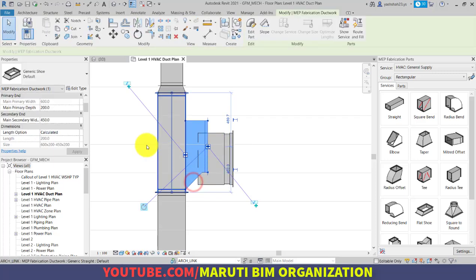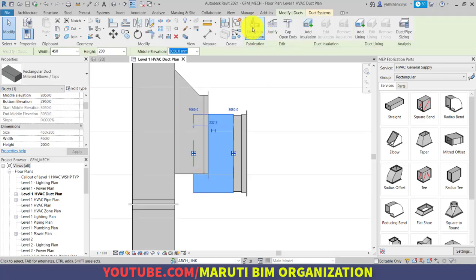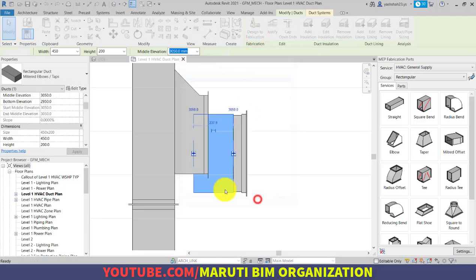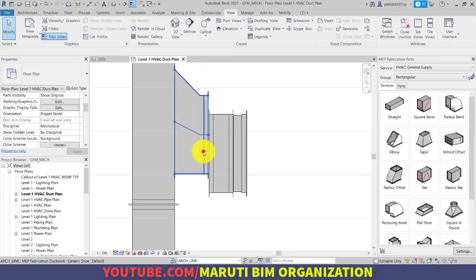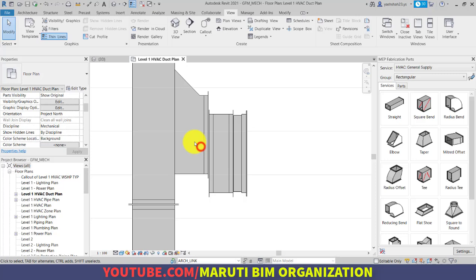Now selecting this and rotating. First of all, you have to select this duct and convert it into design to fabrication, so that it will have all the proper information, and then click and drag, selecting this, up to here.